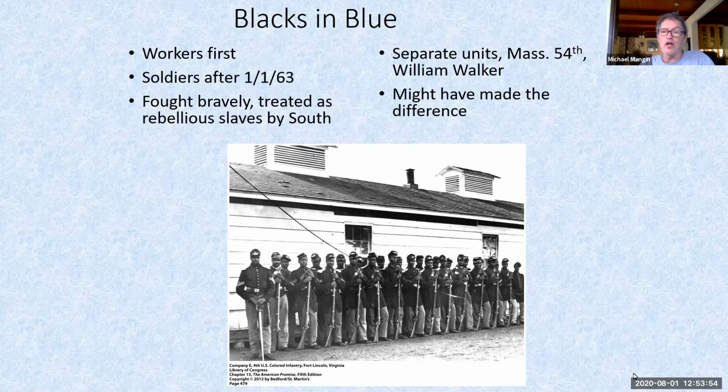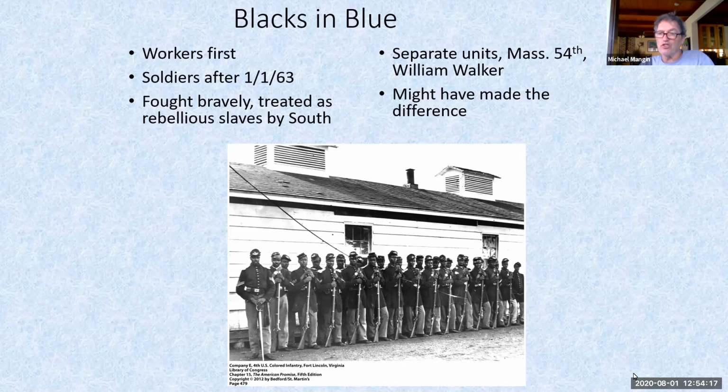They were killed on the battlefield in a couple of battles when they were caught by the slave-owning South as rebellious slaves. They were paid less than white soldiers, so William Walker, a black sergeant of the Massachusetts 54th,